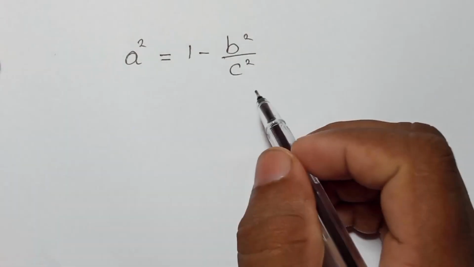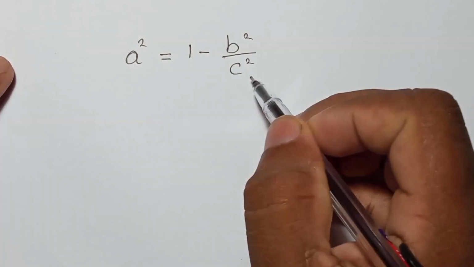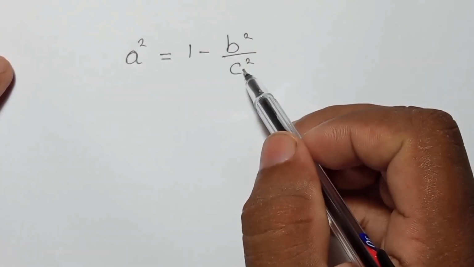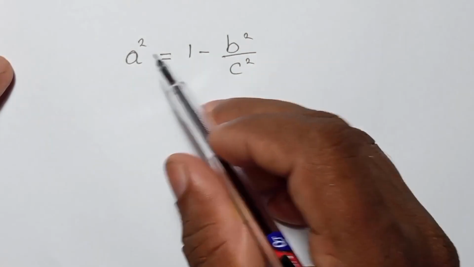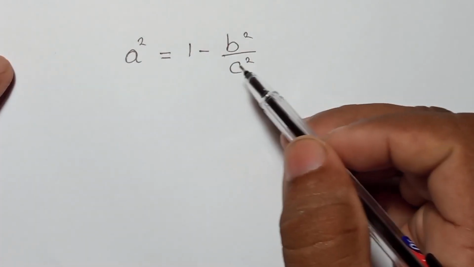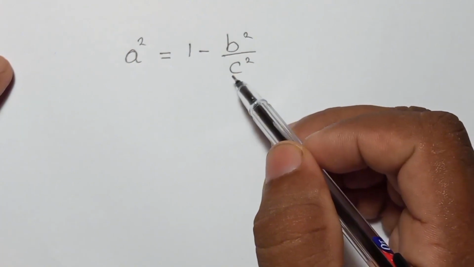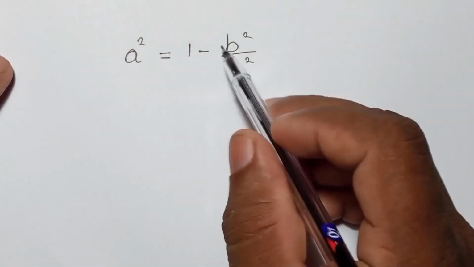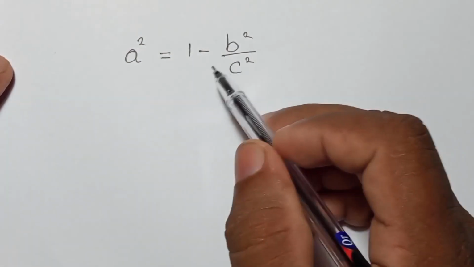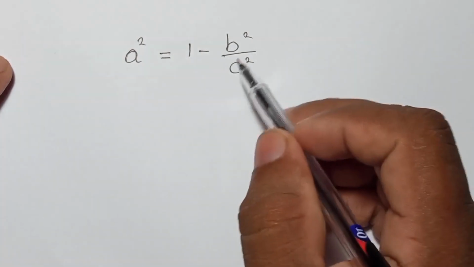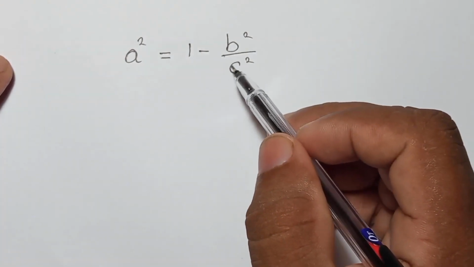Okay, now here we need to make C the subject, right? Now the thing is, C is in the denominator. Now we need to get it into the numerator. In any equation or formula, if they ask to make something the subject, it should be in the numerator. Now they ask to make C the subject, but it is in the denominator, so we need to get it